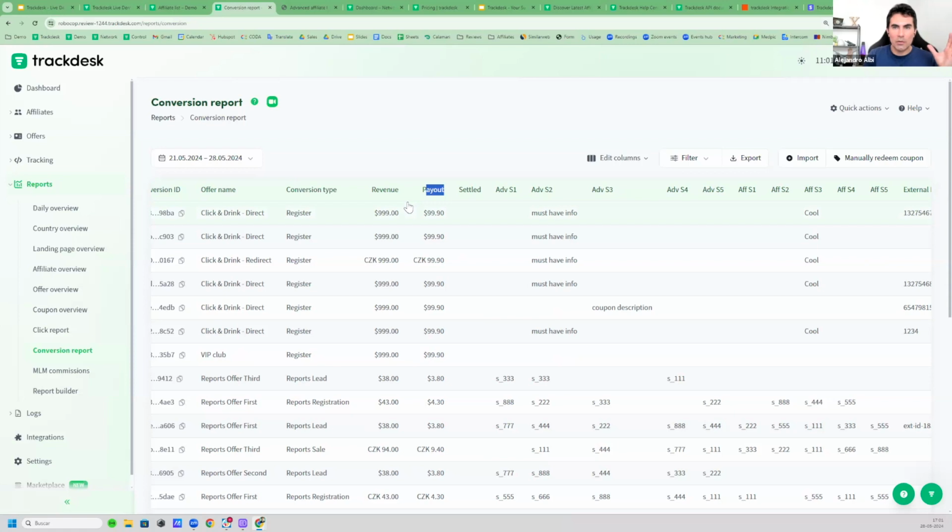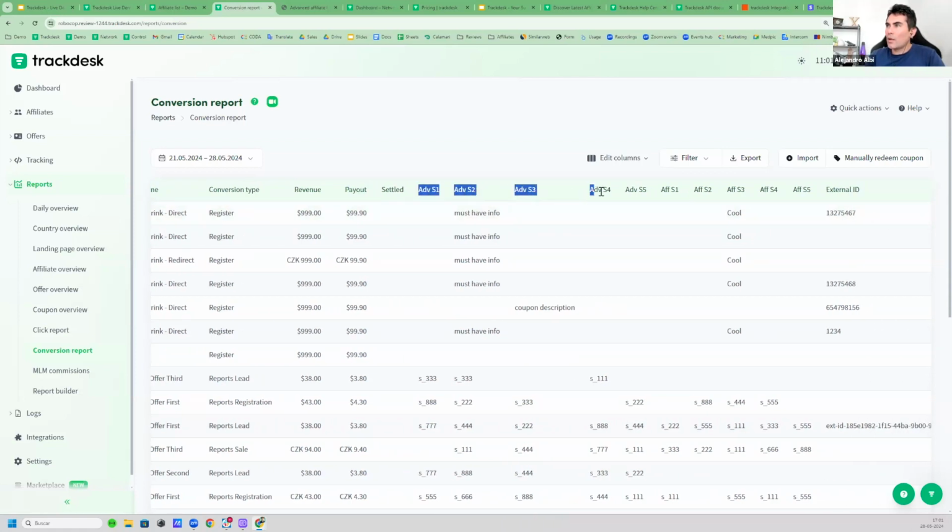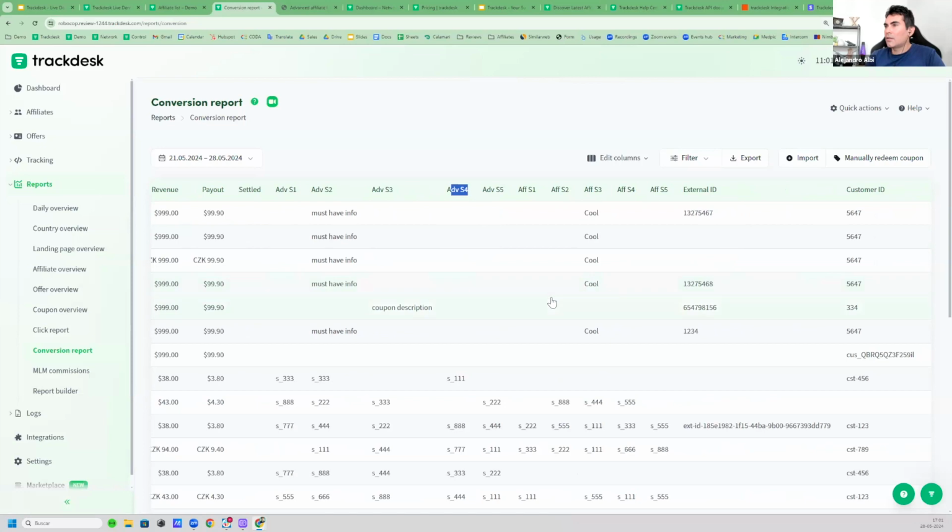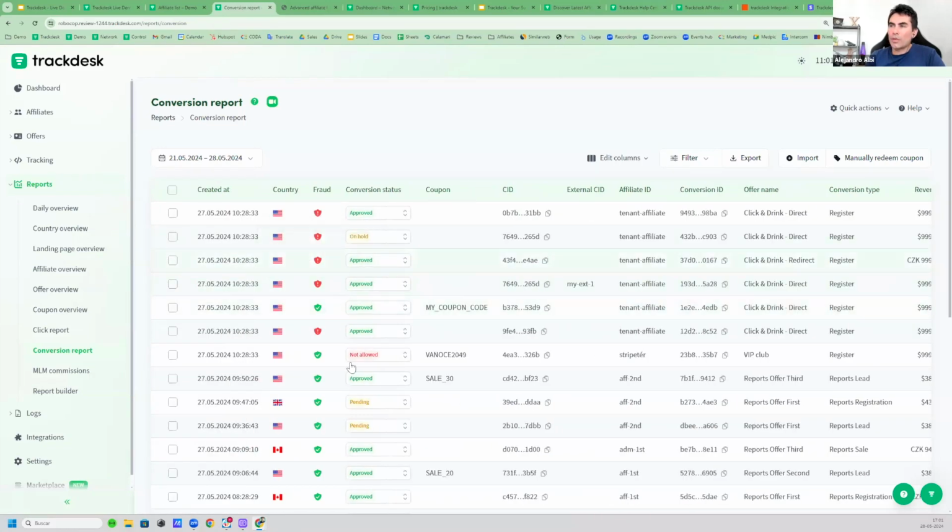So it could be 10% of something, $5 for this, but if you're a silver or VIP affiliate, you get 20%. All this. Then you have the additional properties that you can potentially use with your own data. For example, if you have a web form, you can add here the fields of your web form, like the email address of the person, the name, the surname, the order ID, and this type of things. And then basically with this, what you have is a record of every single